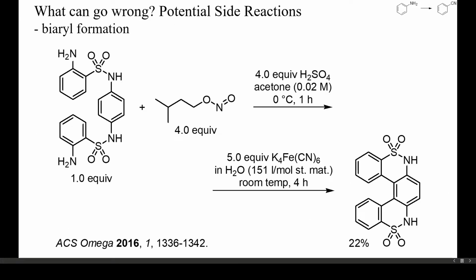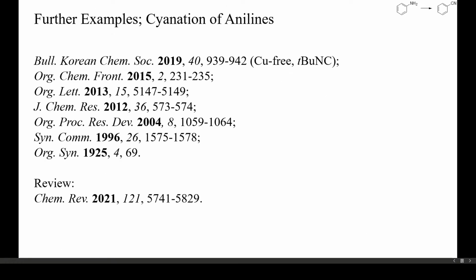Aryl radicals formed during these reactions can also add to electron-deficient alkenes and to other arenes. In this example, no copper cyanide, but only an excess of potassium hexacyanoferrate(II) was used to decompose the diazonium salt. Intramolecular biaryl formation was one of the main reaction pathways. Here are some further examples, but many more have been published. You can also find this reference list in the description of this video.